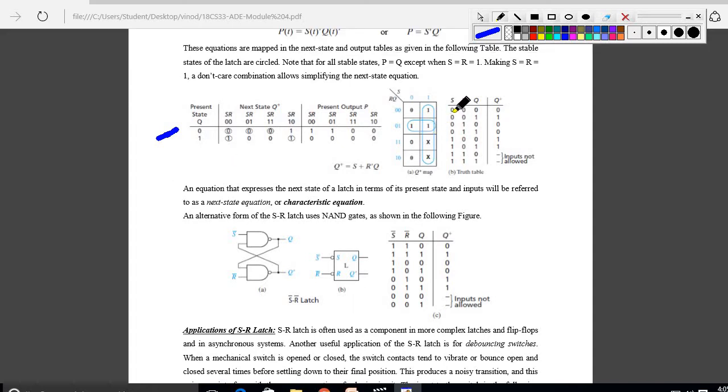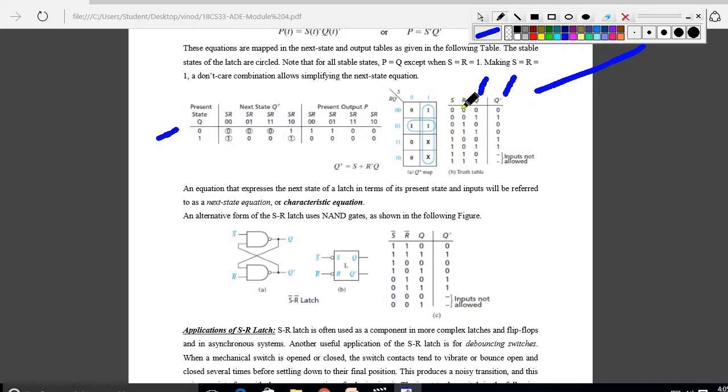Anyhow, we have to write the combinations 0 0, 0 1, 1 0, 1 1. Just observe this truth table. Don't confuse which one is output and which one is input: S and R are the inputs. Q is the past value, meaning the stored value, the previous value. Q plus is the next value.